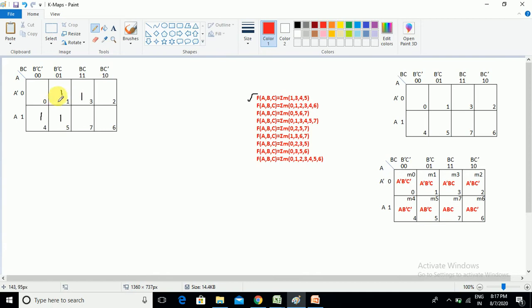Now when you come to these 1 and 3, different students will think about different kinds of mapping. I can choose the 1 and 5. Yes, you can, because it is only possible to create one 2 cell mapping. Now you need to think about the remaining ones which are not in the mapping. 1 is not in the mapping, so I can take the overlap with the 1 and create a 2 cell group.